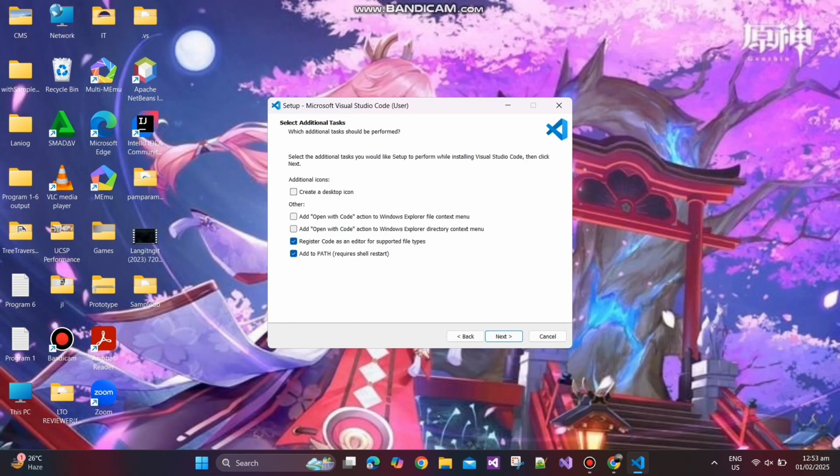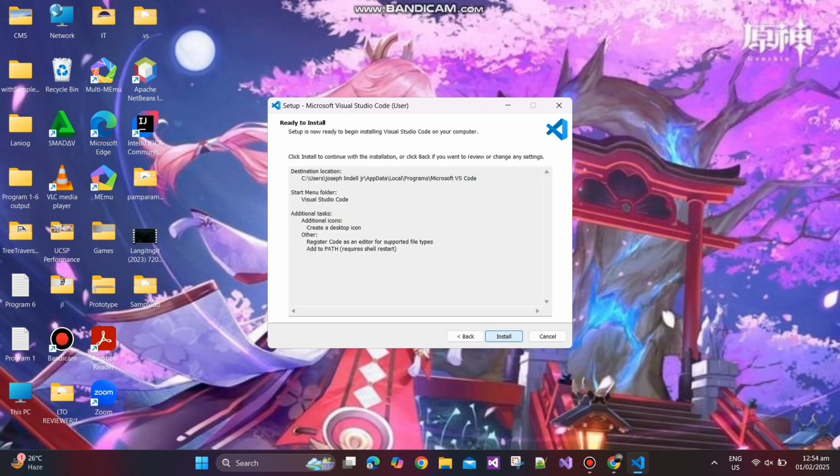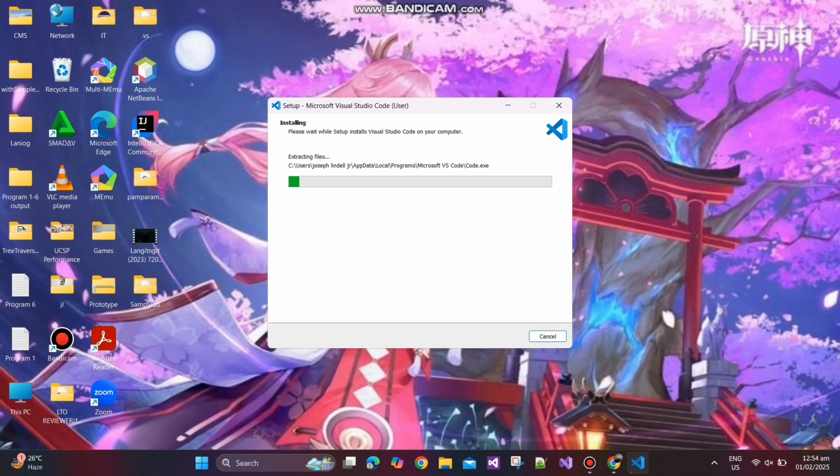Check the create a desktop icon. Add to path is recommended, so it should be checked. Then click next. Then click on install. Wait for it to finish installing.